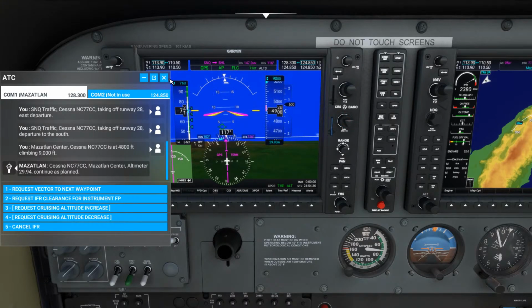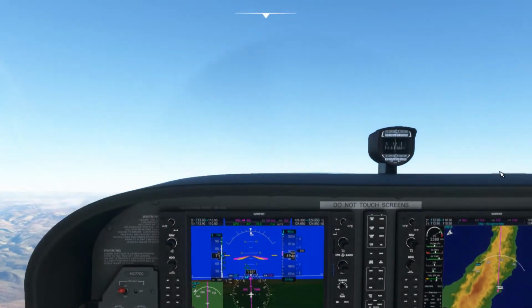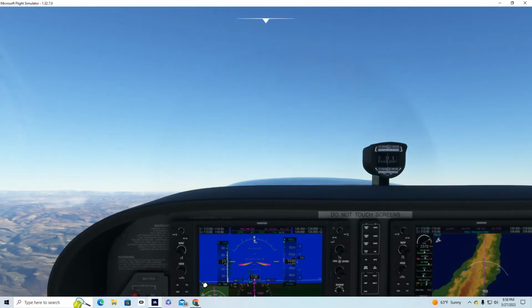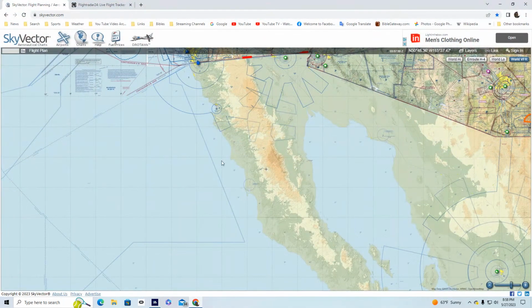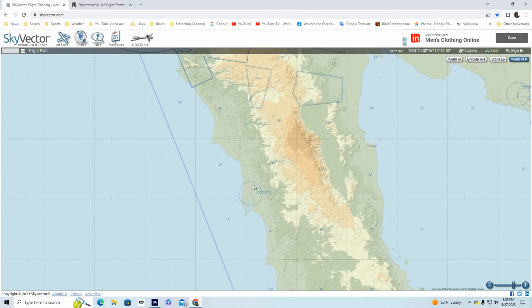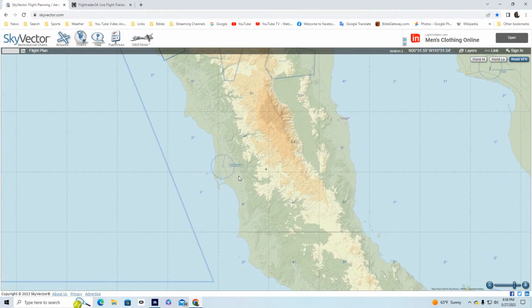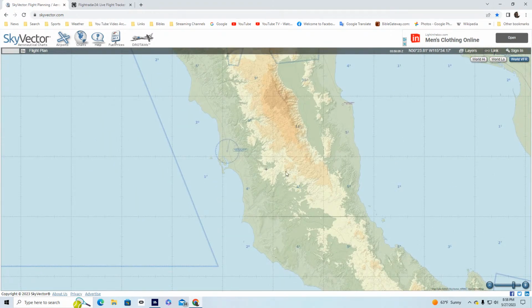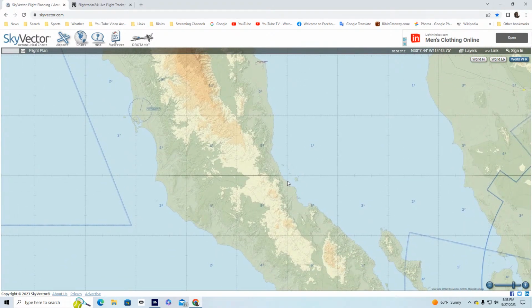Okay, so that will be that. And anyway, what I was going to say is this right here is a map of where we are. This is San Quintin right here, and this is Sky Vector, of course, as you can see.